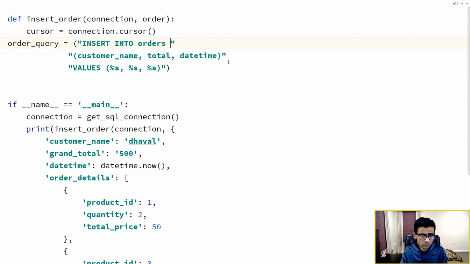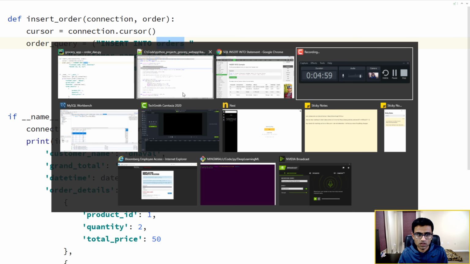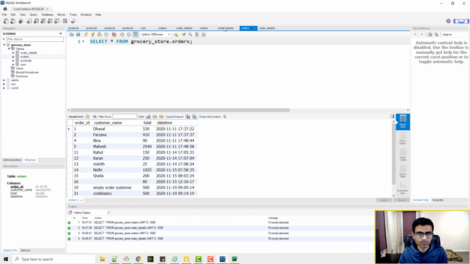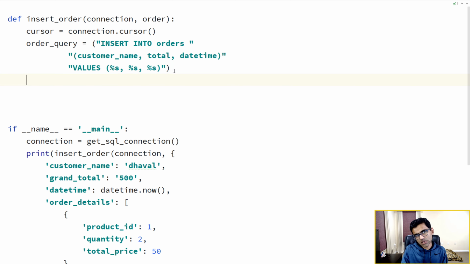So I'll just use this. The order query is: insert into orders, which is this table. You need customer name, total, date, time. Order ID is an auto incremental column, so you don't need to pass that. And when you want to do a parameterized query, you will do it like this, values. So you need now order data. Order data will be a tuple, and you will use the input values here, which has customer name,